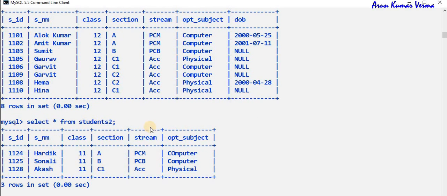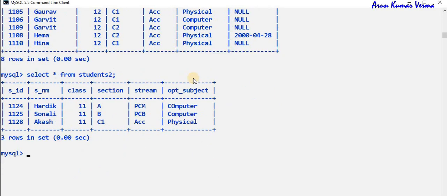I want to display the student name, class and section whose optional subject is computer. Let's see how we can combine this data. SELECT student ID, student name, class, section and optional subject